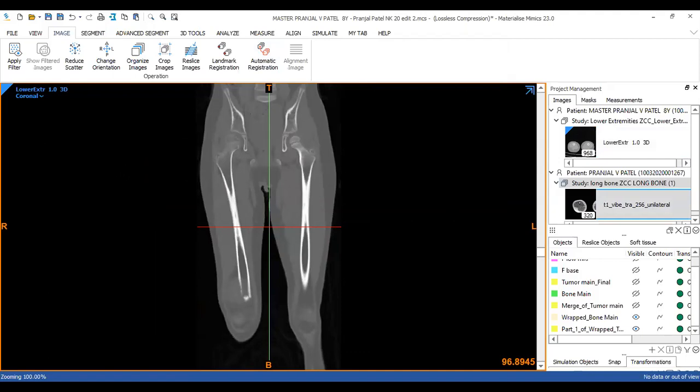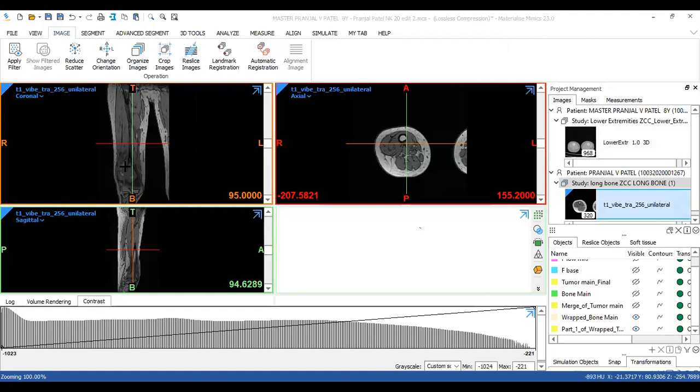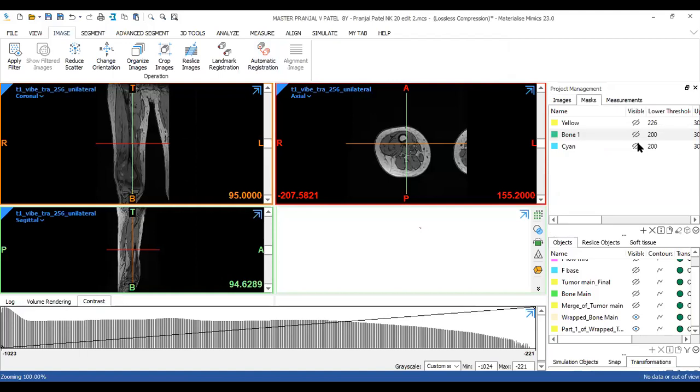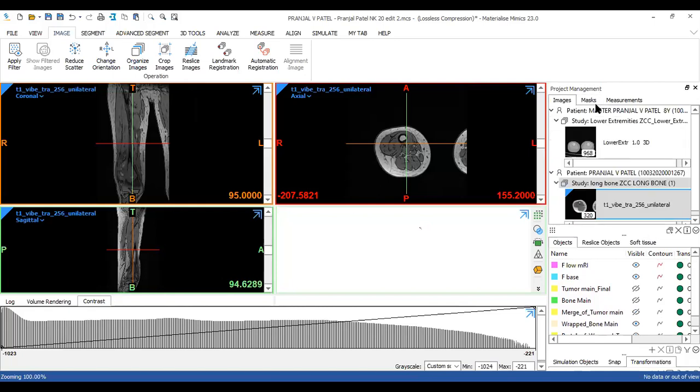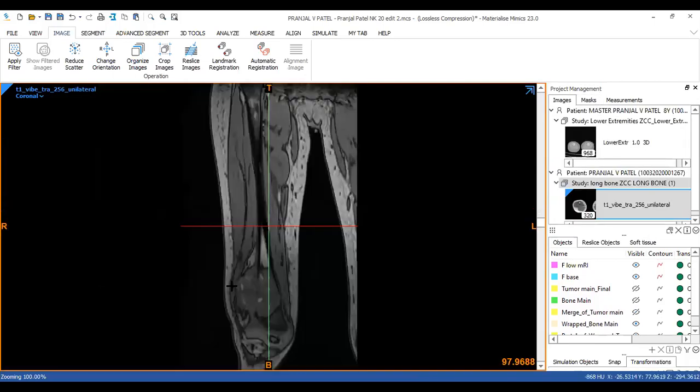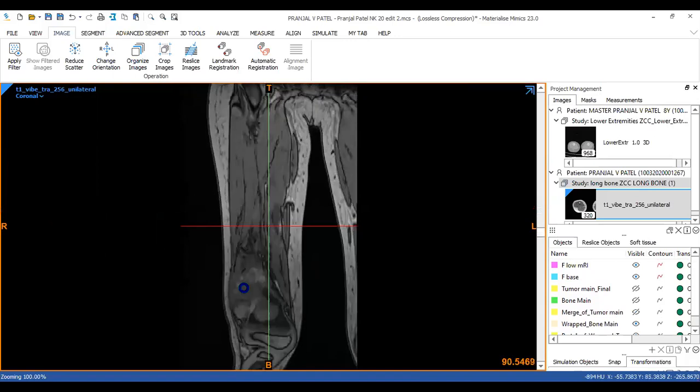Then what I did is I demarcated the tumor. मैंने यहीं पे एक mask बनाया tumor के लिए अलग से. So this is a tumor that you can see.